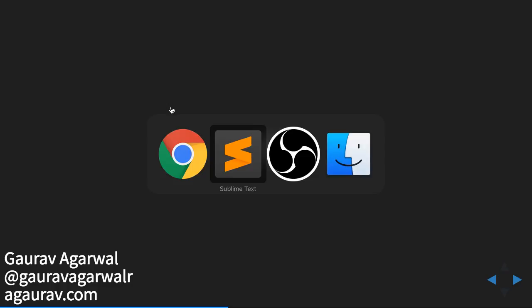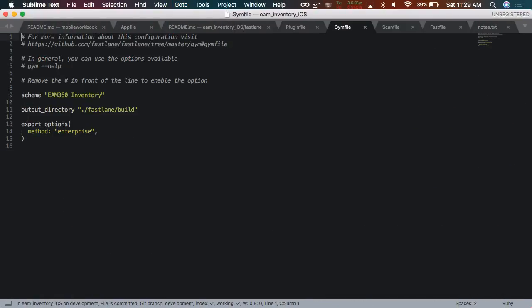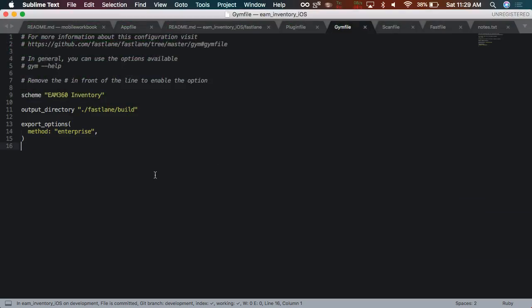So Fastlane has a tool called Gym. It's for building your IPAs and doing the code signing and all that. I'll open up the Gymfile configuration. If you happen to look at it, it's extremely simple. We are defining which scheme we are using to build the app, the output directory where the IPAs would be generated, the export options, and the method of signing. So it's going to use the enterprise code signing